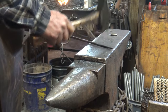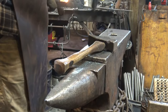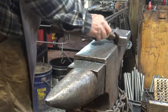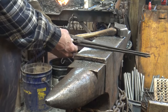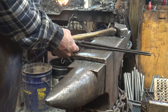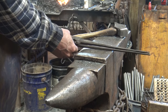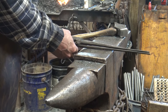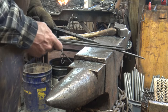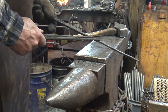This is too cold. You might have to heat it up again. Let's see how close we are. We're within about 1/4 of an inch now. So that's not bad at all. And I would be perfectly happy to leave it that way, but I think I'll draw this out a little bit. So I'll go back to more or less square, draw it out,